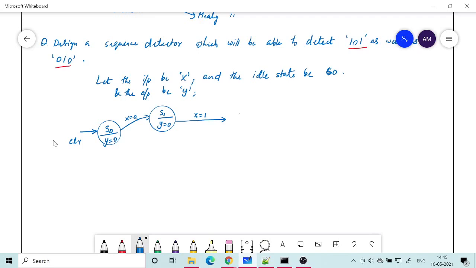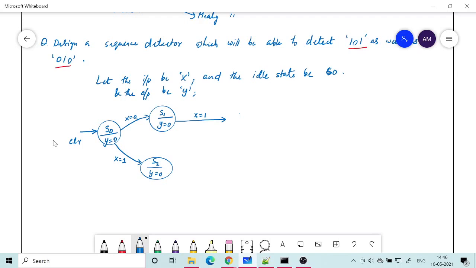But I should also tell you what happens when I am at S0 and I get a 1. Then I make progress with respect to the first sequence. So it has to be a different state, so I will call it S2, but my y should be 0 because I have not yet detected the 3 bits.